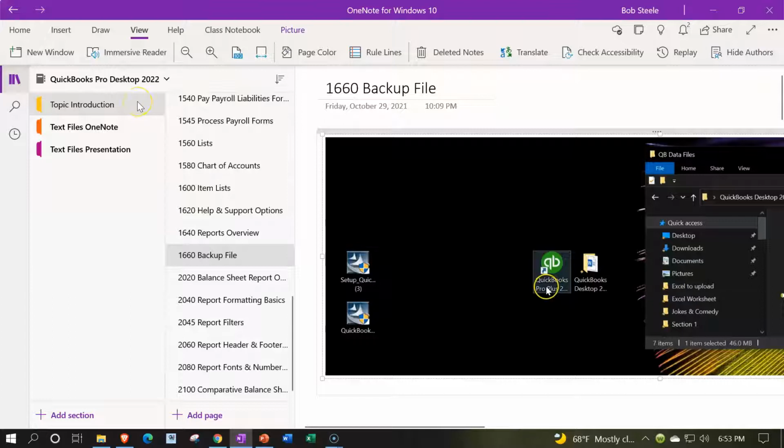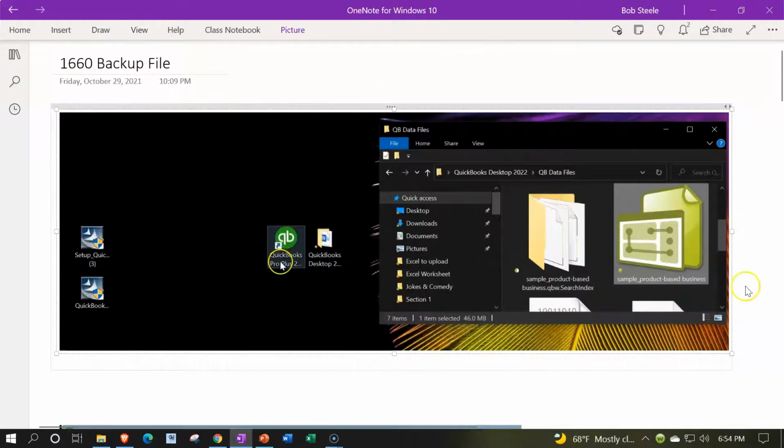Topic introductions are designed to give an introduction to the topic, provide screenshots, links when applicable, and give accounting background to complement the presentations. Screenshots can be used to follow along with the presentations if you don't have access to the software at that point. Closing the icon on the left-hand side, we're looking at the backup screenshots for the backup files, starting with the screenshot of the desktop showing the icon that opens up the software, and then